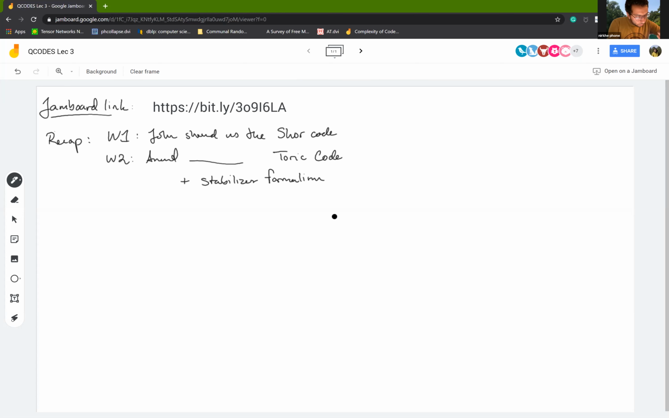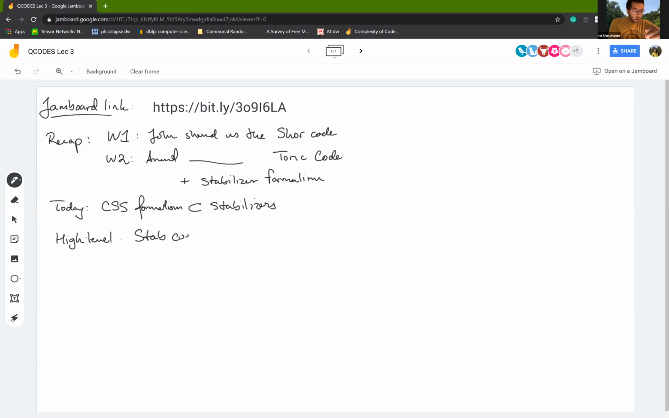And today, what I'd like to show you guys is the CSS formalism, which is a subset of stabilizers. And the CSS, those letters stand for Calderbank, Shor, Steane, and named after the authors who first developed this formalism for codes. So the high-level way of thinking about these guys is they are just stabilizer codes